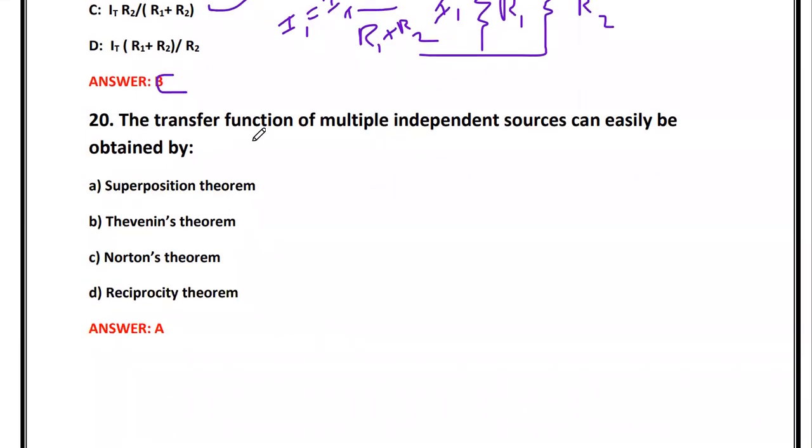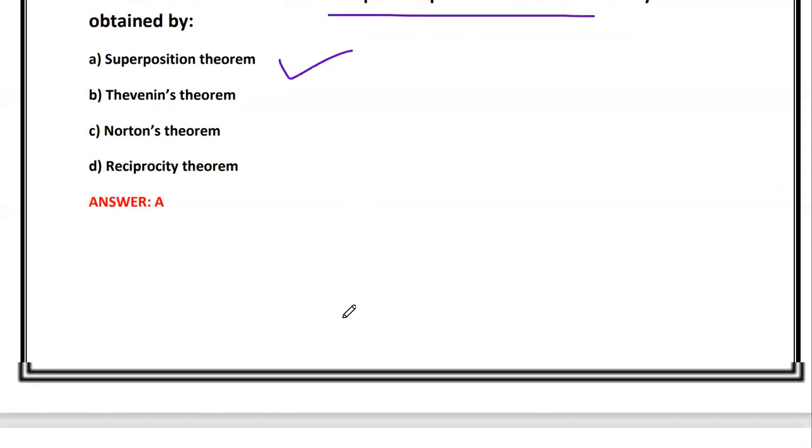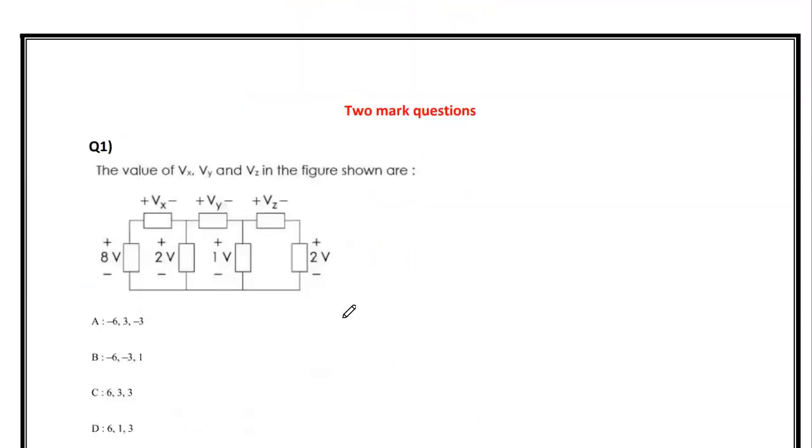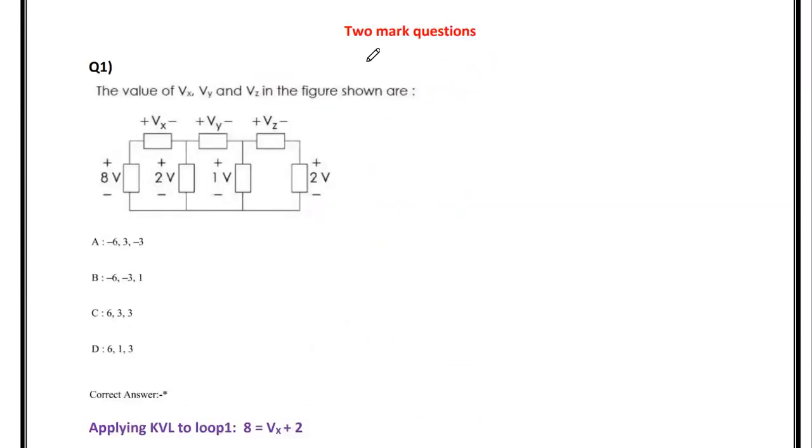Then the next one: the transfer function of multiple independent sources can be easily obtained by the superposition theorem. If one circuit consists of multiple independent sources, the transfer function is easily calculated by the superposition theorem. So the superposition theorem is mainly used for circuits consisting of multiple sources. These are all the 1 mark questions, and next we are going to solve the 2 mark questions